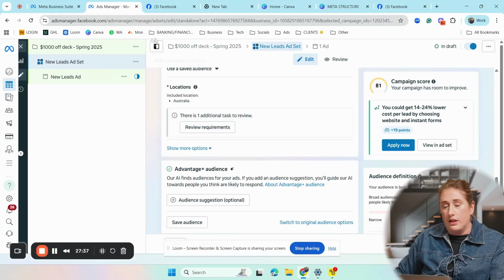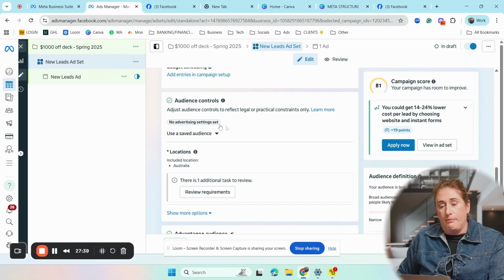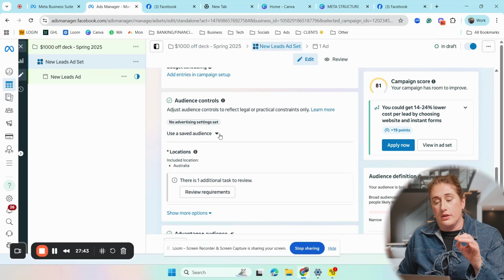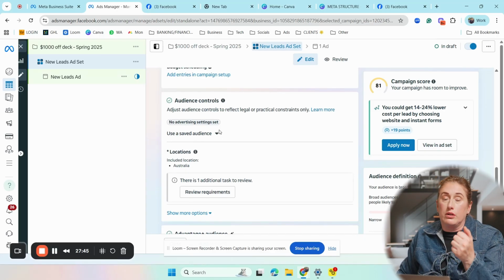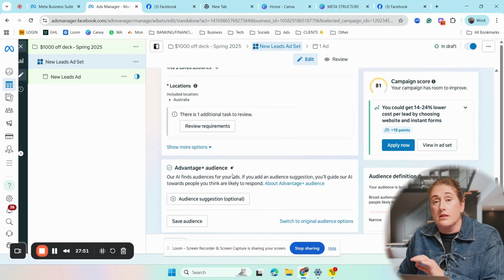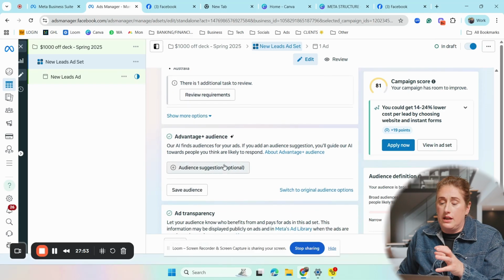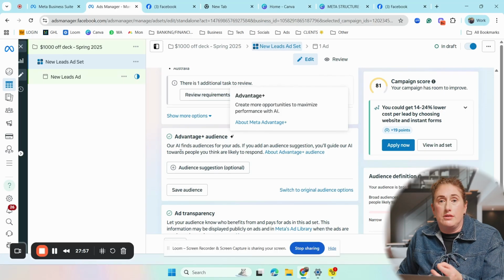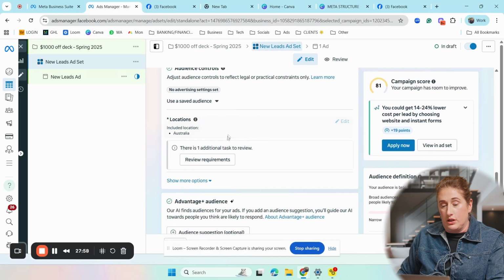So if you think of it like the audience controls is more set, like this is the type of person, so the location, it's going to be showing your ad to people in the location that you want. But the Advantage Plus Audience is also going to take into account some additional things but it's more suggestions as far as who it's going to show them to. So let's jump in here and go into,